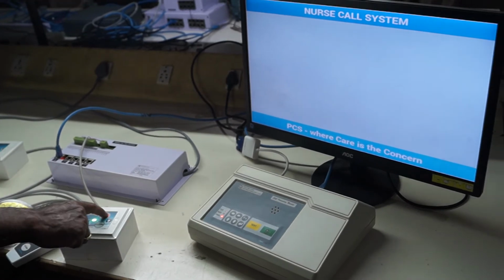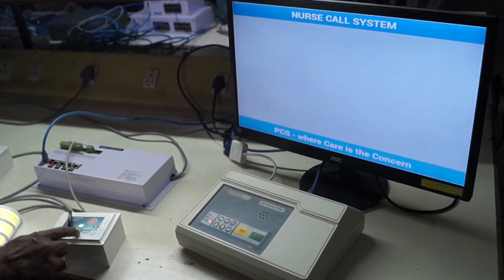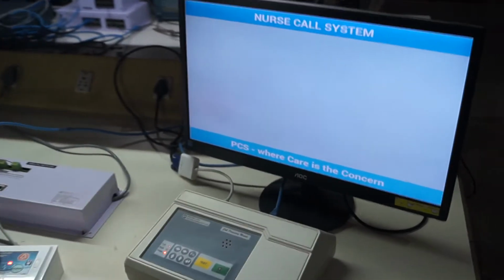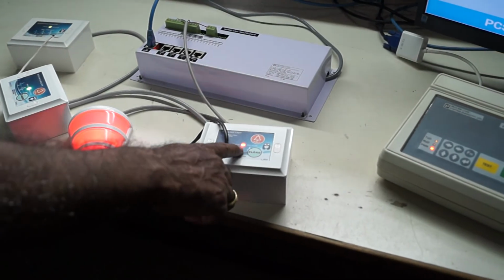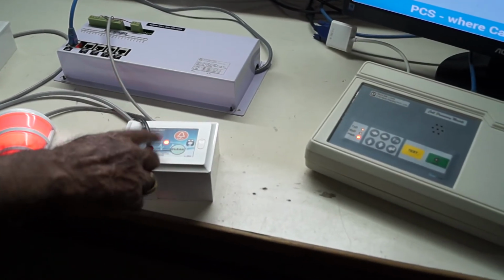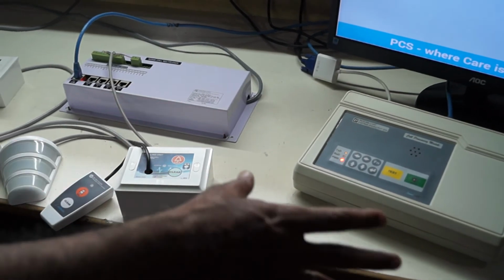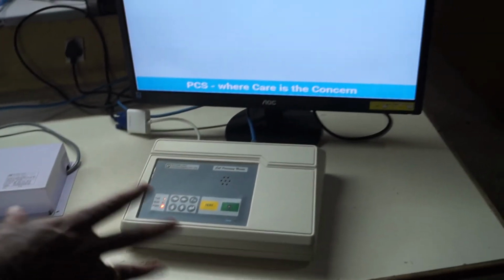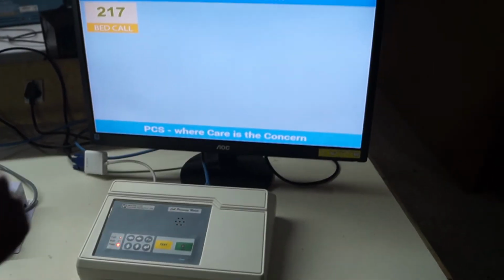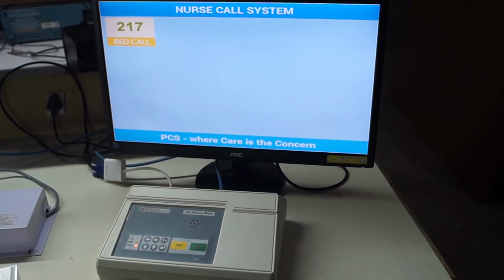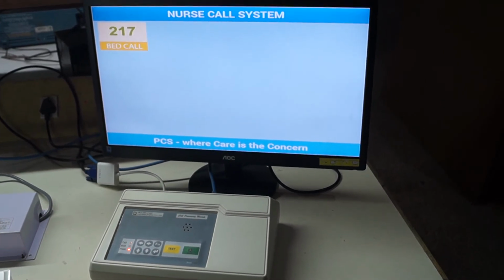The moment the patient presses this call button, the door indicator is flashing in red, and similarly the status LED also changes to red flashing. So this is in fact slow flash. Now the call processing module takes this call and it is getting displayed on the monitor. On the monitor it is showing bed call.